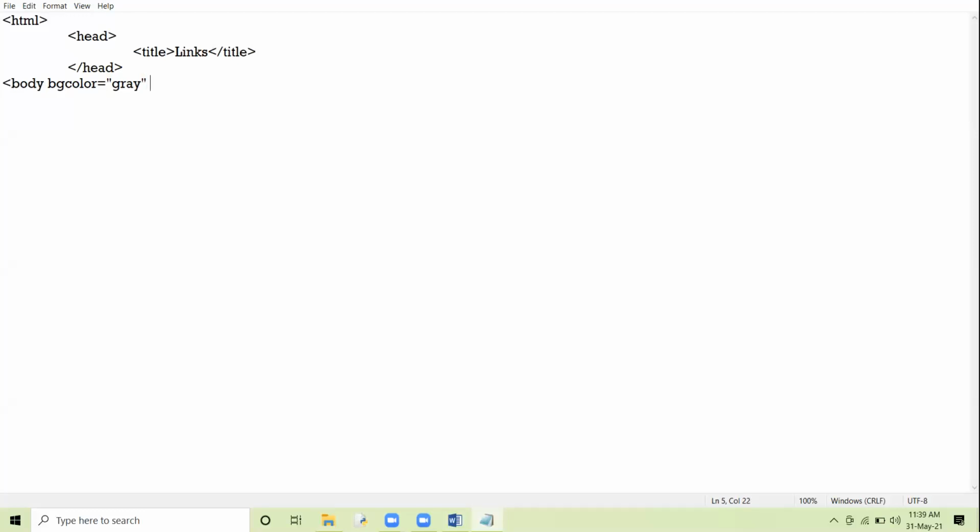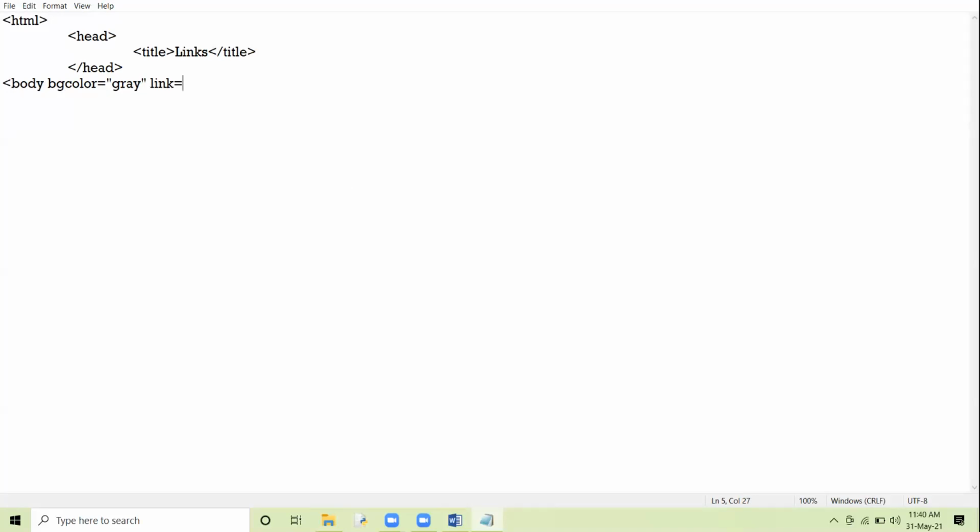Now today I will tell you the meaning of 3 attributes which we just discussed in the previous term, but I told you that we will be implementing those 3 attributes next. Link. The link attribute specifies the color of the link.